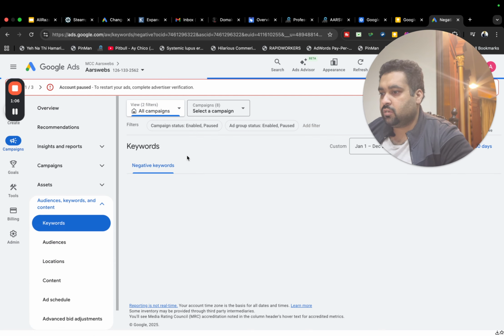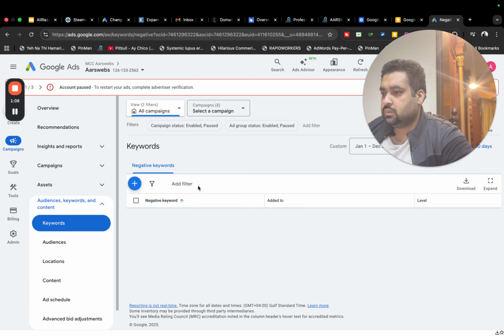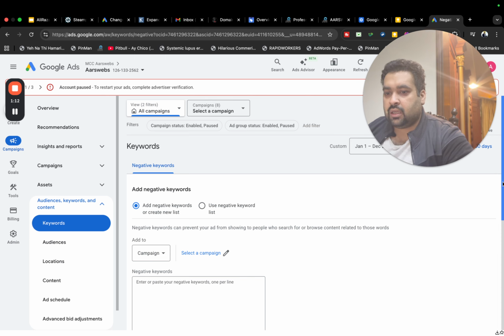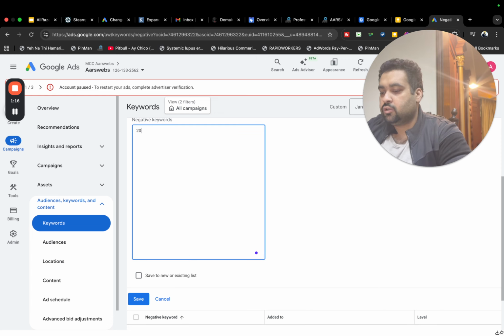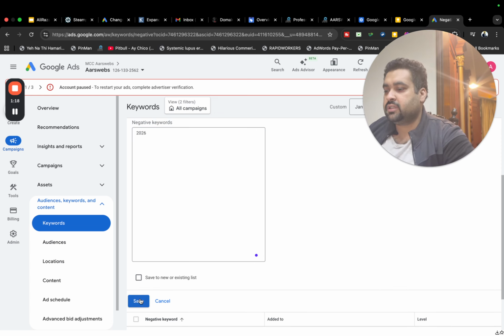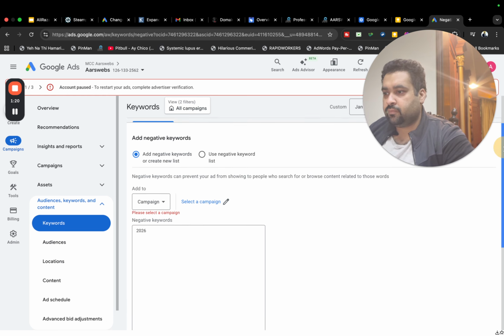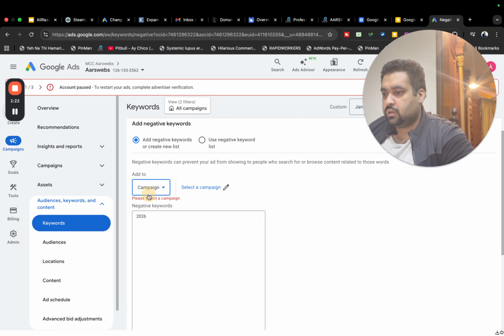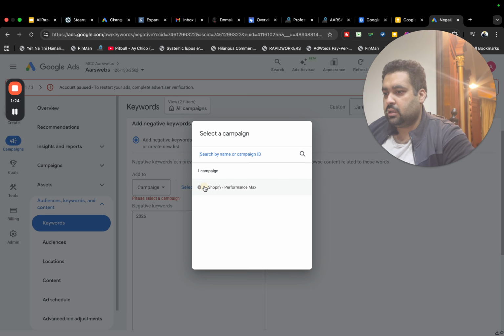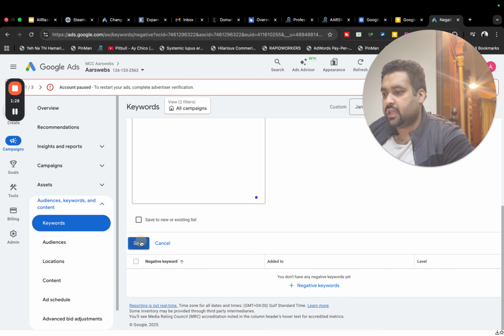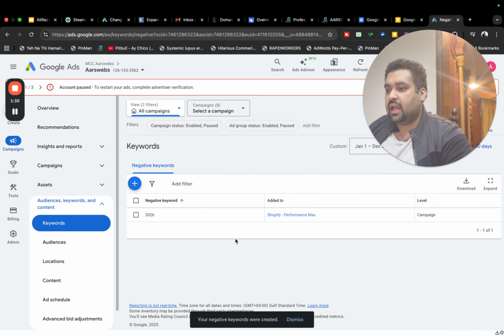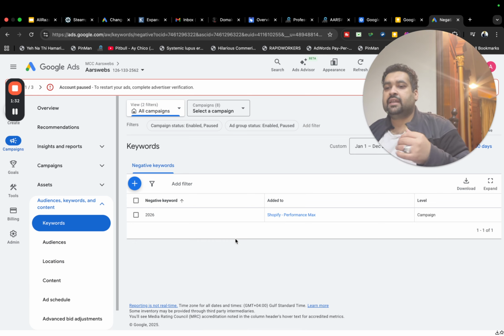In keywords, when you try to add negative keywords, I assume that you add them this way, like I am doing it. So if you added, for instance, 2026 as a negative keyword in this campaign, just an example like this,